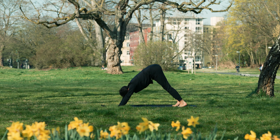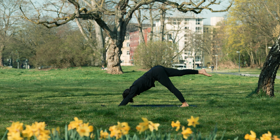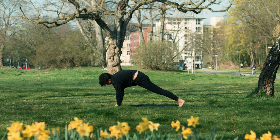Deep inhale through your nose. And a nice deep exhale out through the nose or through the mouth. Great work. From here, lift the right leg towards the sky as you breathe in. Bend the right leg and open up the hip. And then straighten the leg, close the hip, and slowly bring the right foot in between the hands, fingers on